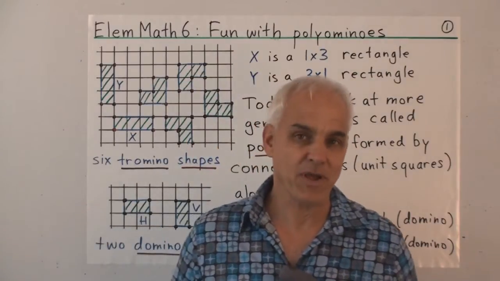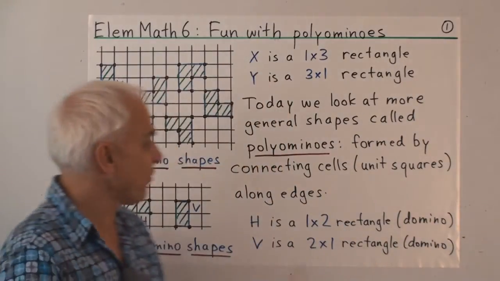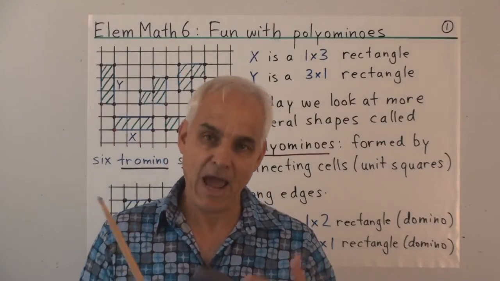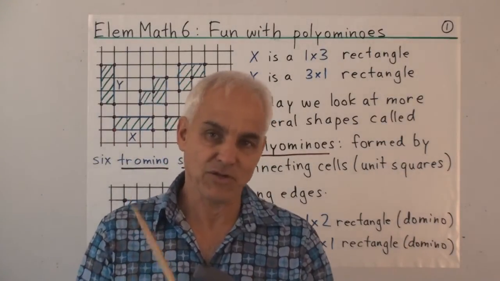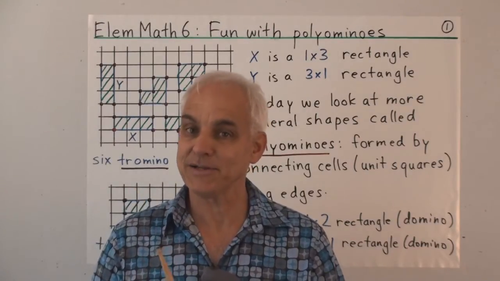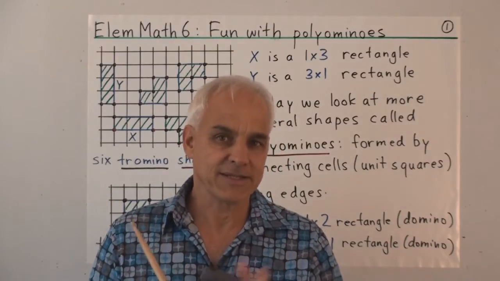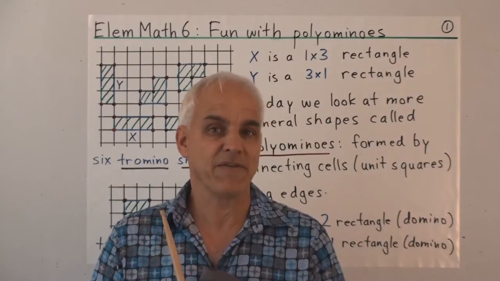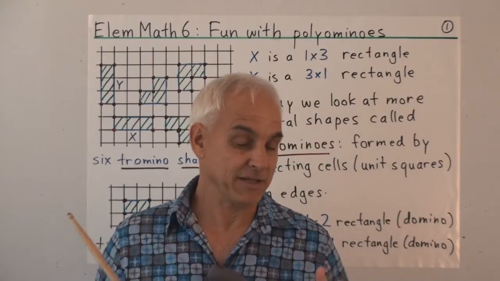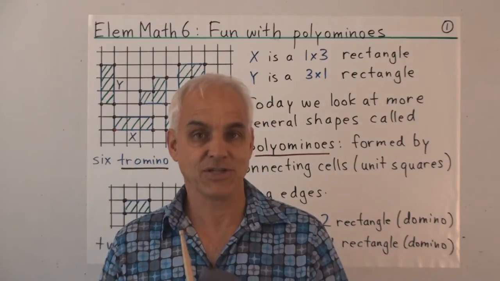Today we're going to have some fun with polyominoes, which are very simple shapes made from little cells in our grid plane. And we're going to be counting polyominoes of certain forms, very small ones. We're going to be looking at some tiling puzzles involved with these, and we'll have a chance to talk a little bit about the subtleties in making appropriate definitions to steer us in the right direction. So these puzzles that we're going to talk about are very accessible to children in years K to 6.